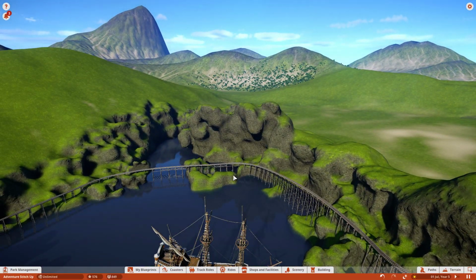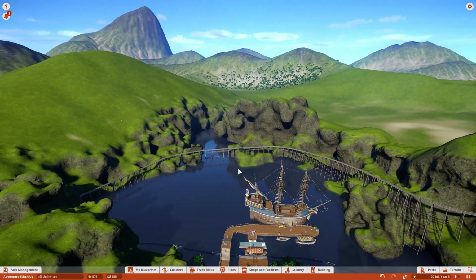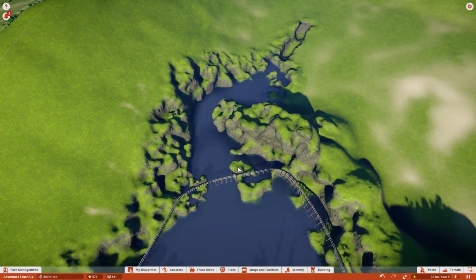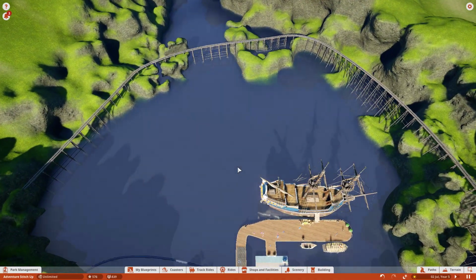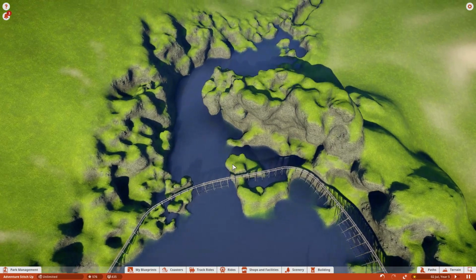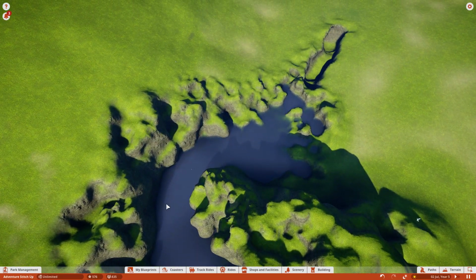All right, so let's start this episode off by... well, I suppose what we could do is close the boat ride and divert the boat up here. So what we might just do first is just get the boat...